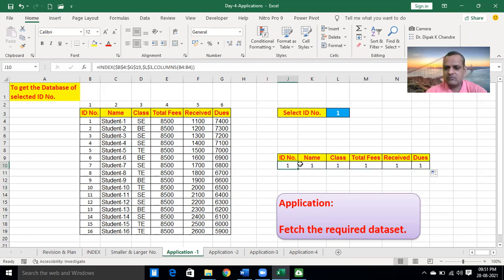Okay, still 1, 1, 1, 1 is coming because of this row number, but the column number is again the same. If we click here, received, see the number of the column. Received means which column number?